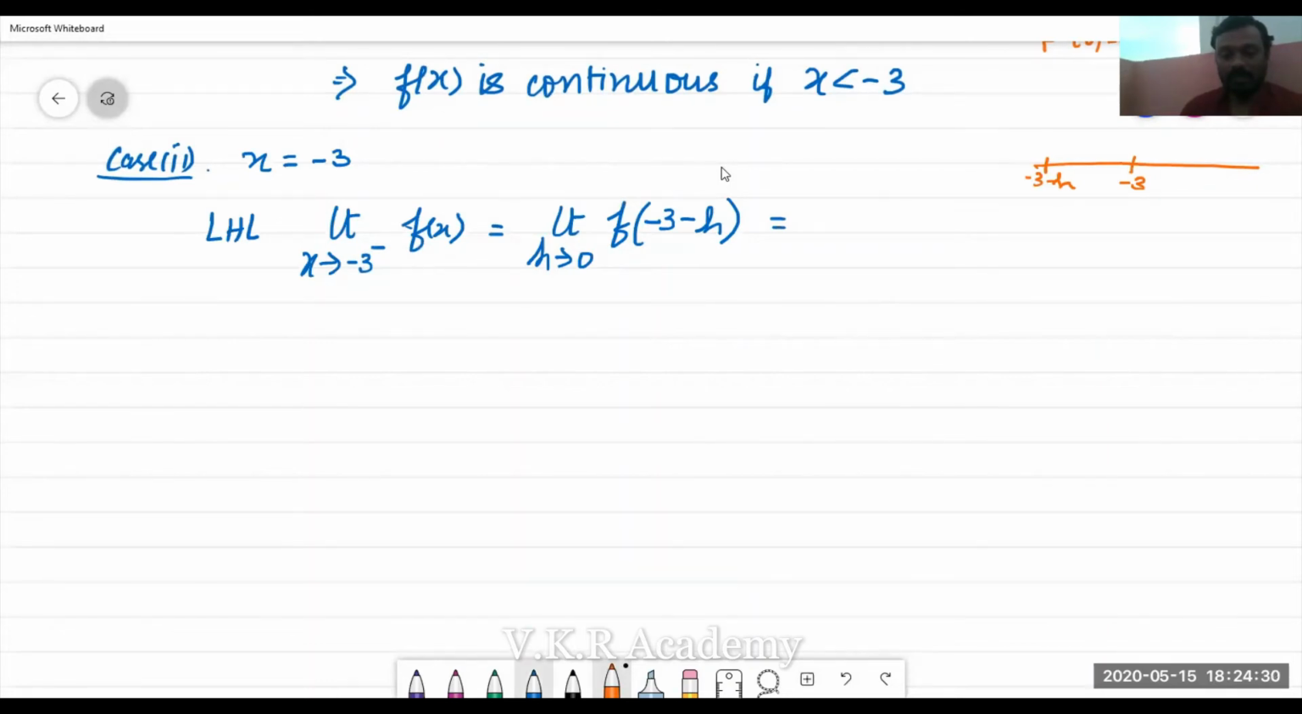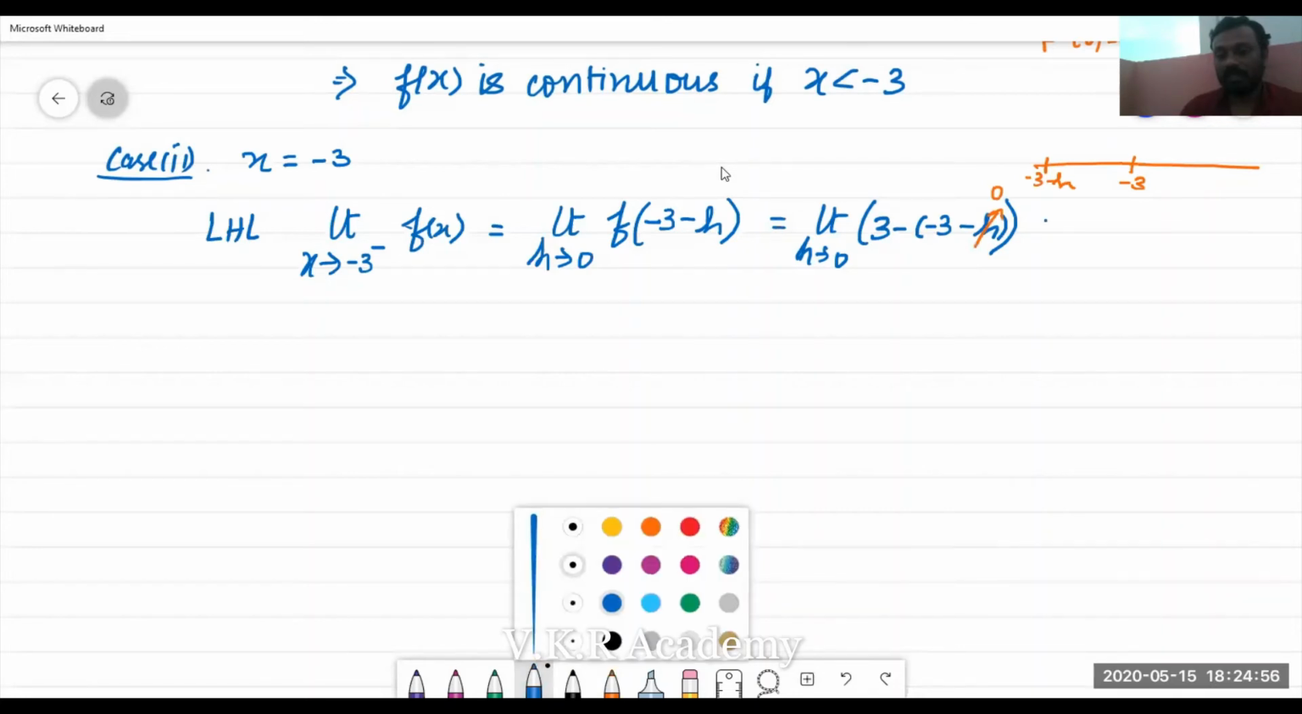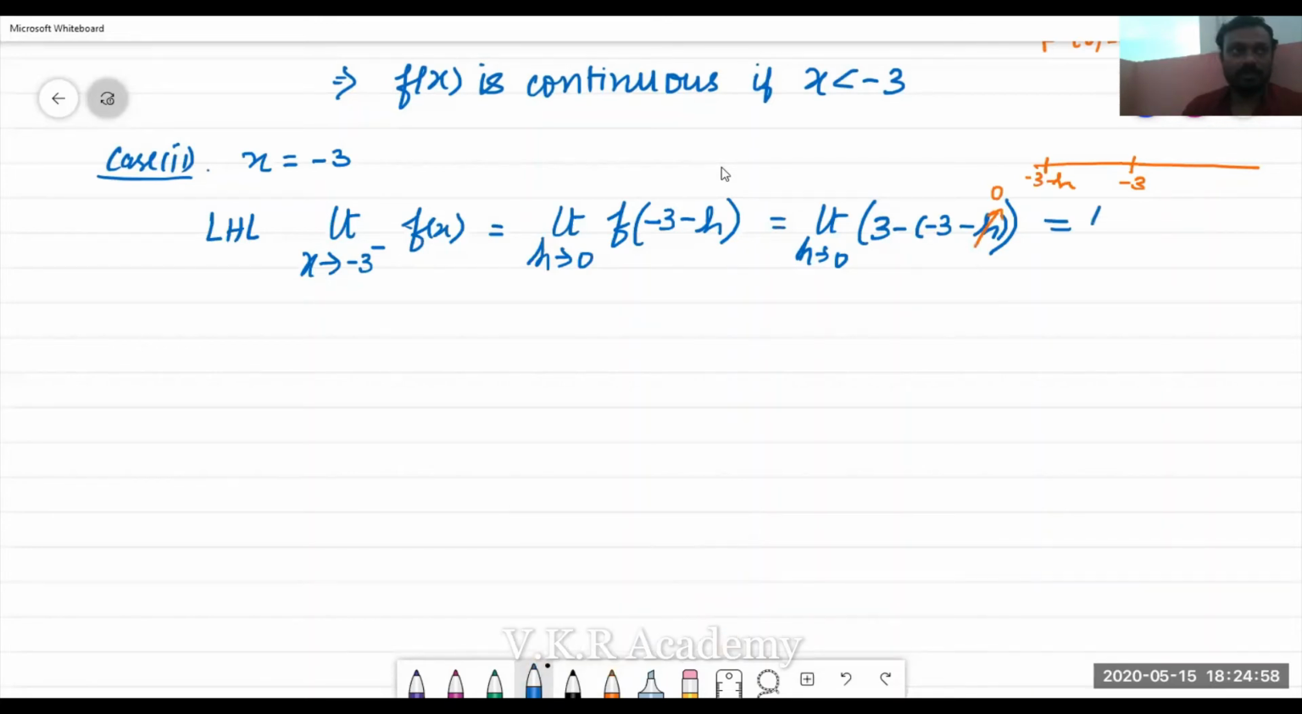So it is going to be limit h tends to 0, 3 minus x. So it is 3 minus of minus 3 minus h. So when you allow h tends to 0, we get 3 plus 3 is equal to 6. Same way, the right hand limit